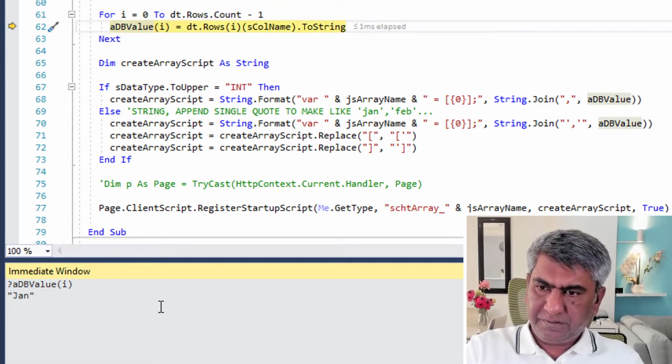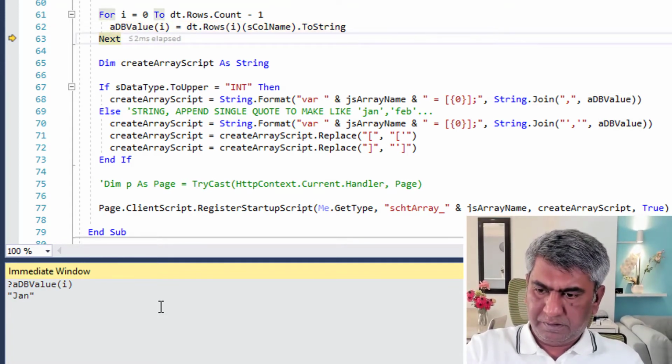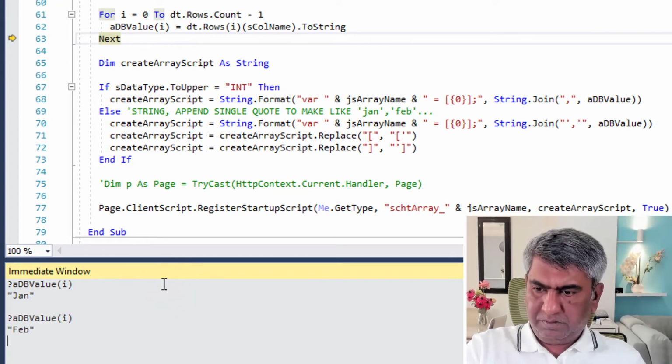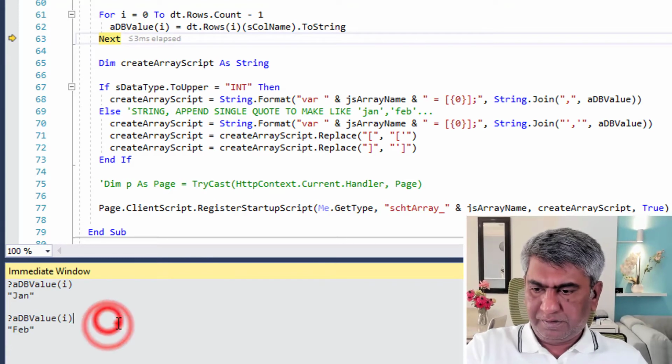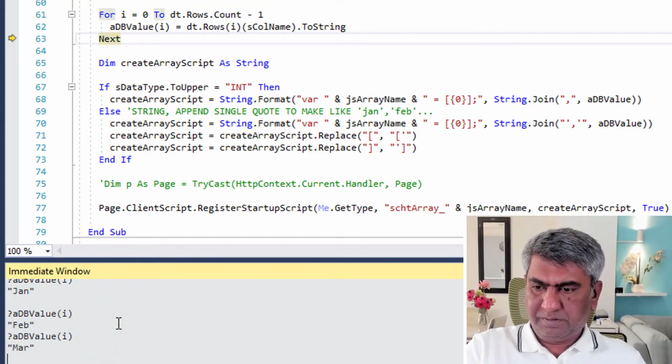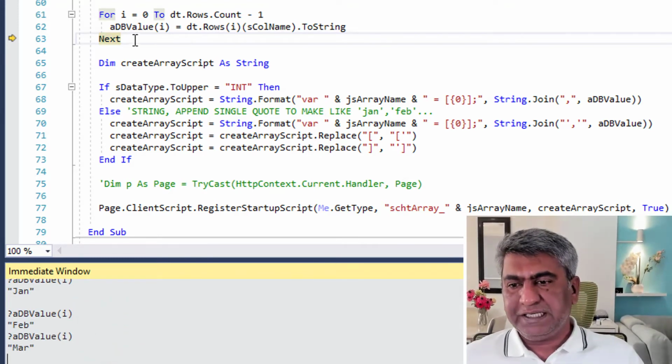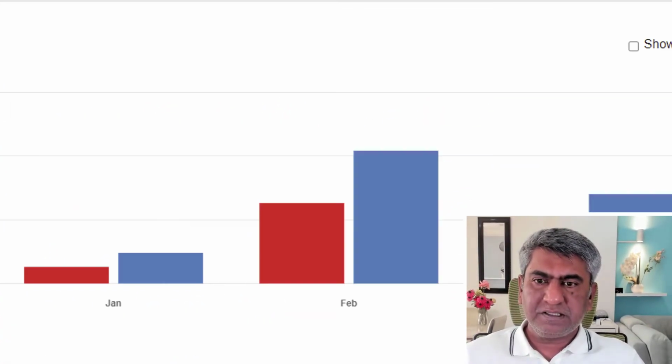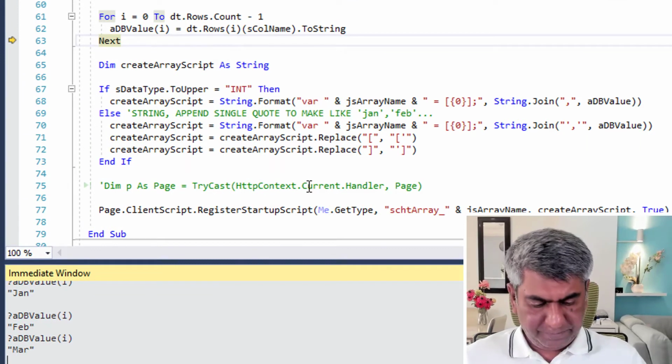Now F10, F10, February. F10, F10, March. So it is filling the labels January, February, March, labels of the chart in this array.